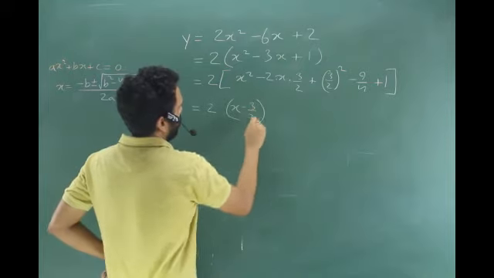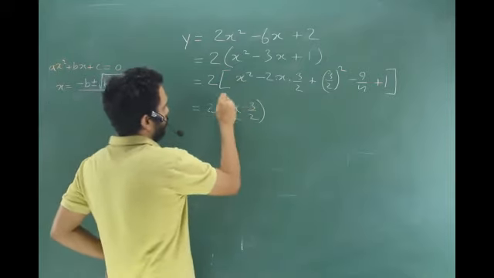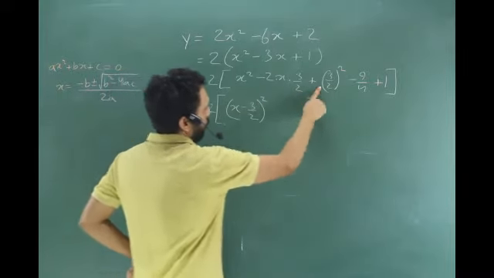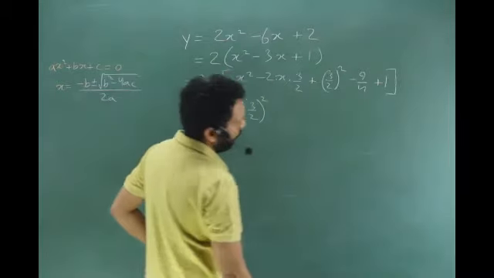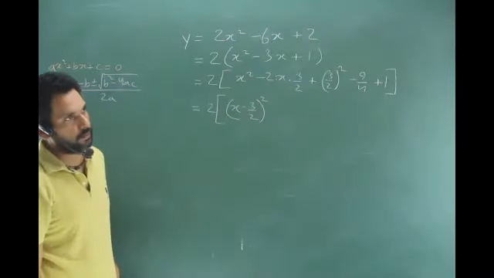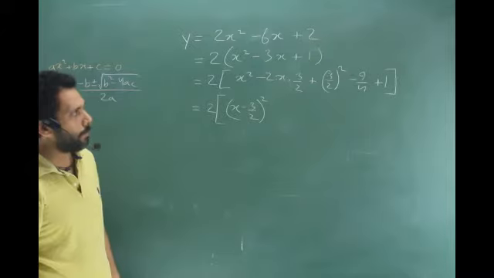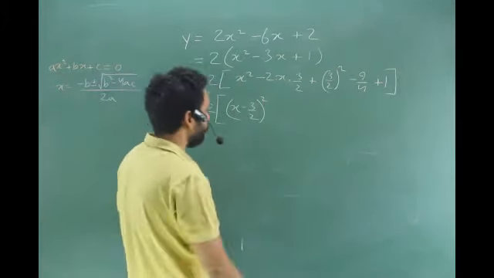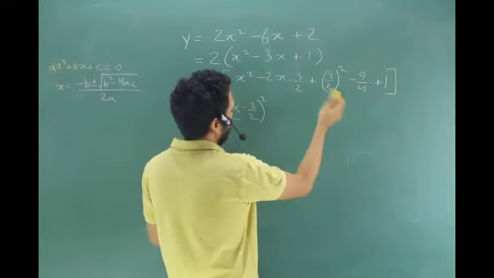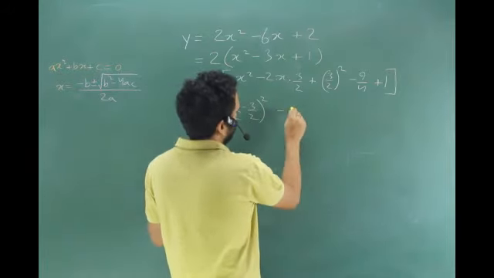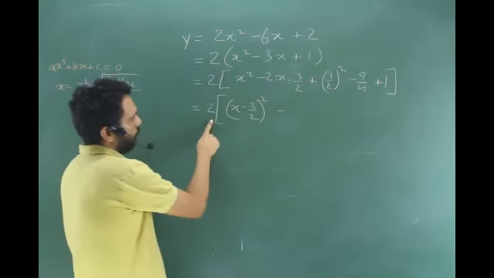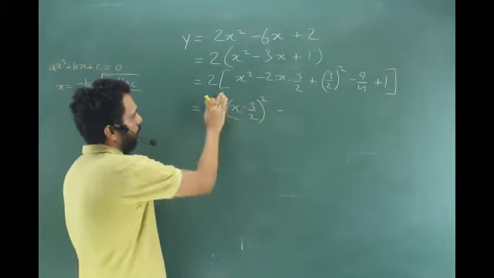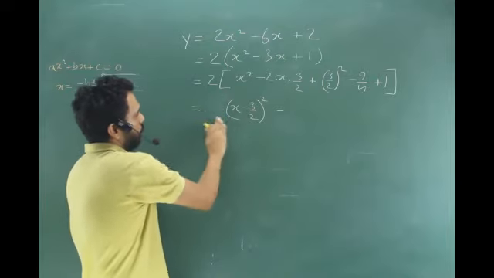So I think I got it. So it is (x minus 3 by 2) whole square from here to there. And how much is it? Minus 9 by 4 plus 4 by 4, which is minus 5 by 4. Minus 5 by 4, right? So I'll just avoid writing one more extra step. Then 2 gets multiplied. So it is